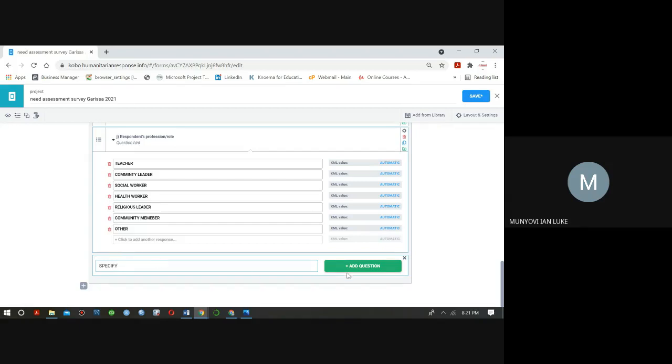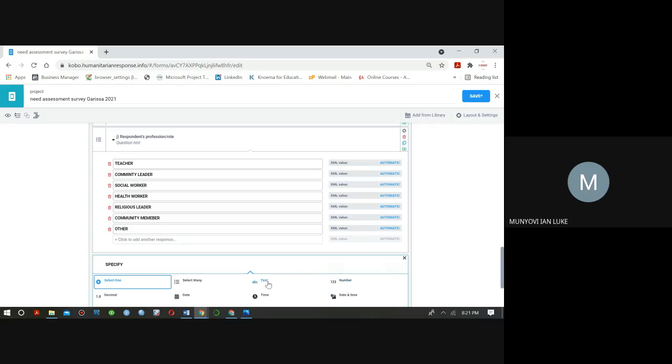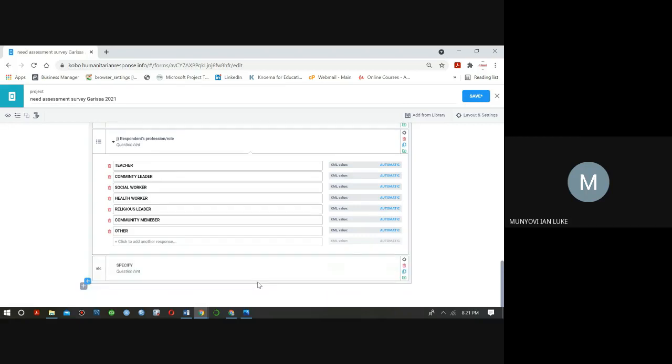And I know for specify, this is where somebody is supposed to write what? A text. They'll be writing down that platform. Now, remember, if somebody selects teacher, they're not supposed to see something called specify. But if somebody clicks on other, that is when they're supposed to do what? To specify. So I'll be introducing a condition, and now with this condition, it will be able to work well and guide the data collection process.